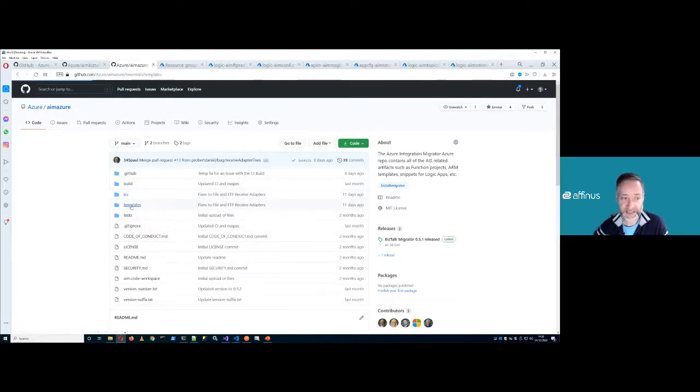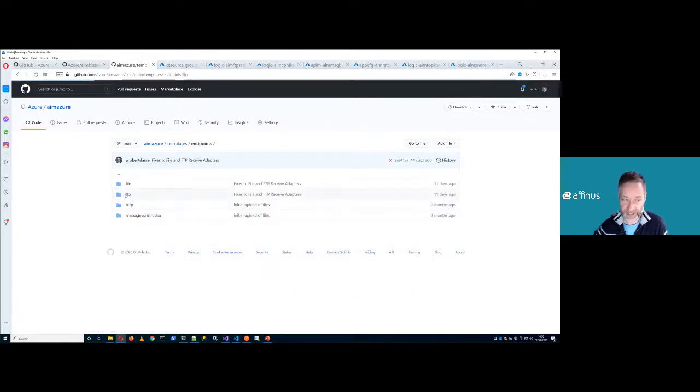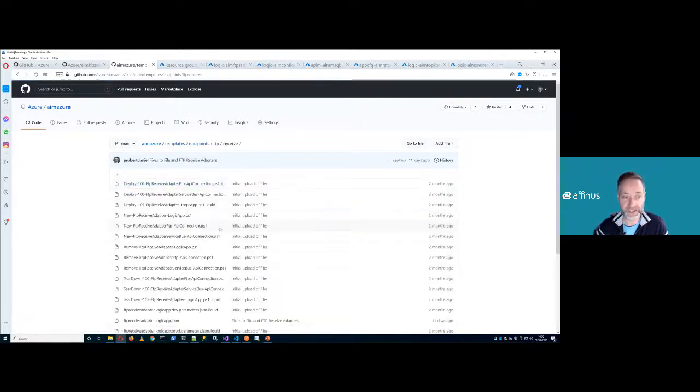So under templates here, we have templates for, say, endpoints, and we go into here and we go to FTP and we go receive, and you will find in here all the deployment scripts and ARM templates and PowerShell files that you see in your conversion folder for the FTP receive adapter. And some of them are liquid files, because before it outputs them, it's going to insert things into those